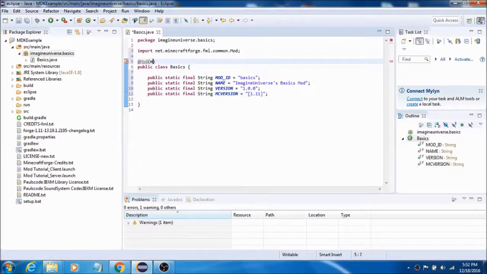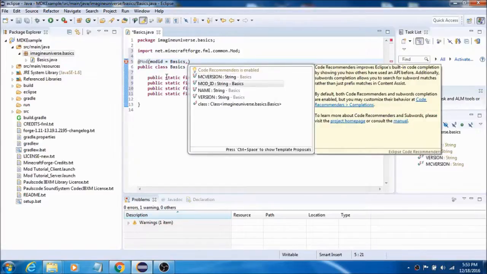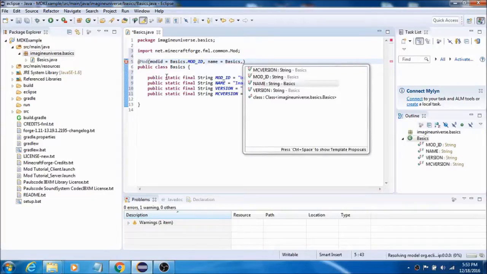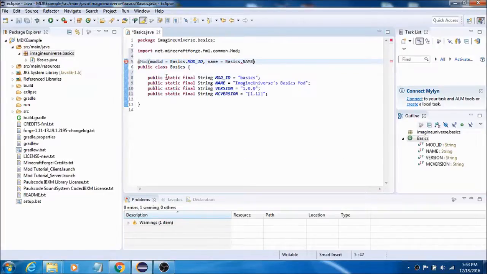Now we go back up in here. We do mod ID equals basics dot, then we go down to mod ID, and yeah, that's all right. And next we do name, same thing, equals basics dot, go down to name. Next we do version equals